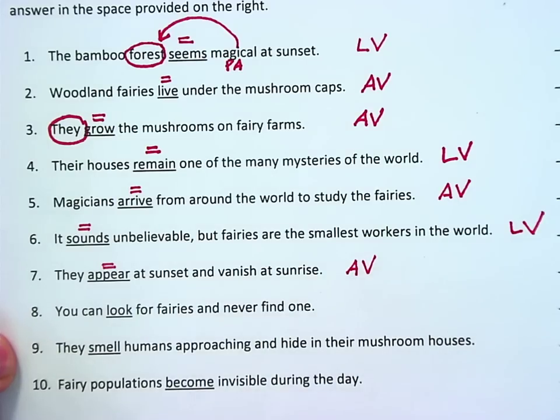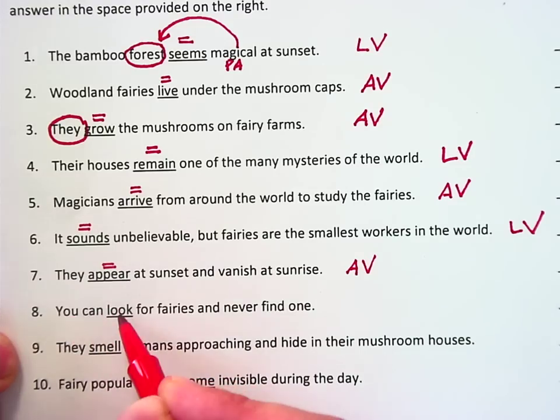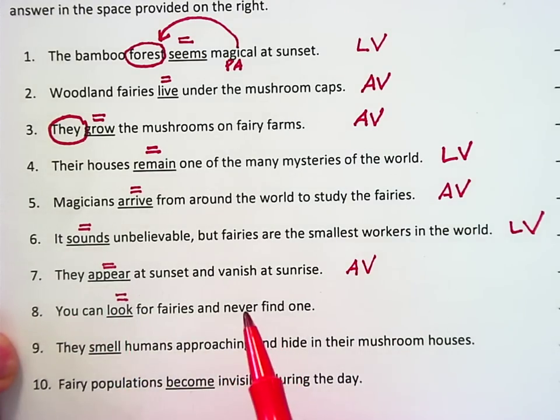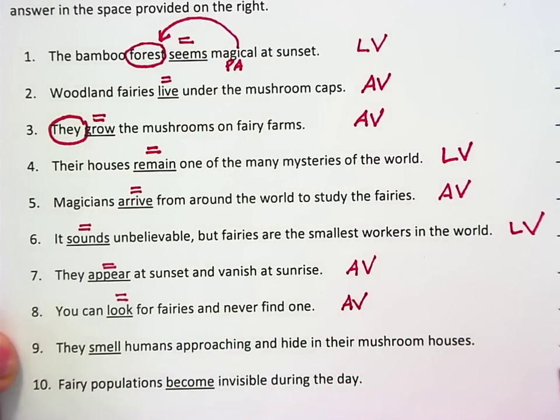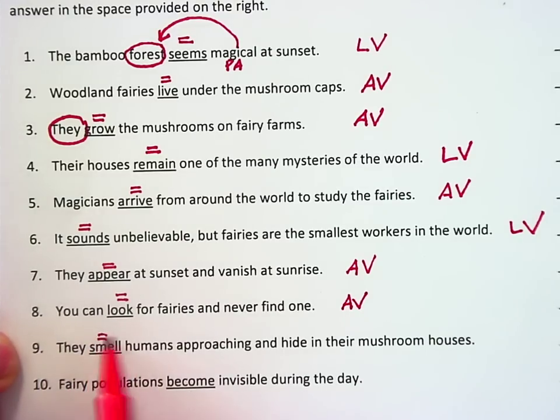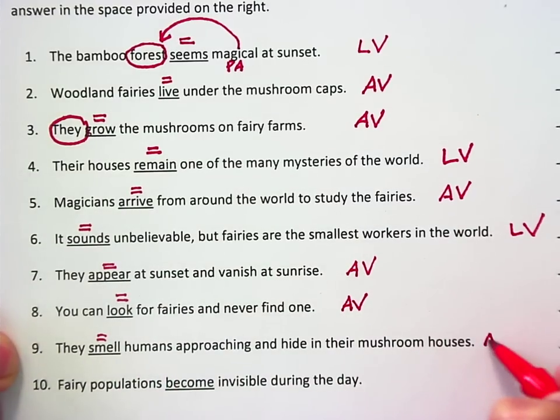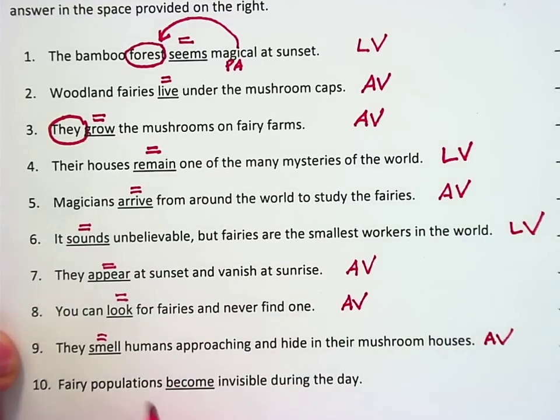You can look for fairies and never find one. Look is an action verb. It's something that you are doing. You can equal fairies. You can be for fairies. Since both tests fail, that's an action verb. They smell humans. They equal humans. They are humans. Is smelling something that they are doing? It is, so this is also an action verb. Fairy populations become invisible during